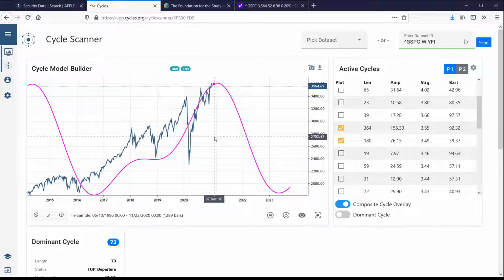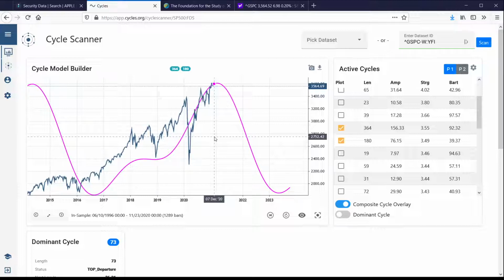Okay, so another question. Yeah, trend information. I mean, the cycle analysis is done by detrending the data upfront. So it's quite the opposite. The cycles try to find the cycle not taking trend into account. So you need to think about using the data set without trend. So the simple answer is no, the cycle scanner does not detect trends. The cycle scanner is used to detect the cycles based on detrended data from your raw data set.